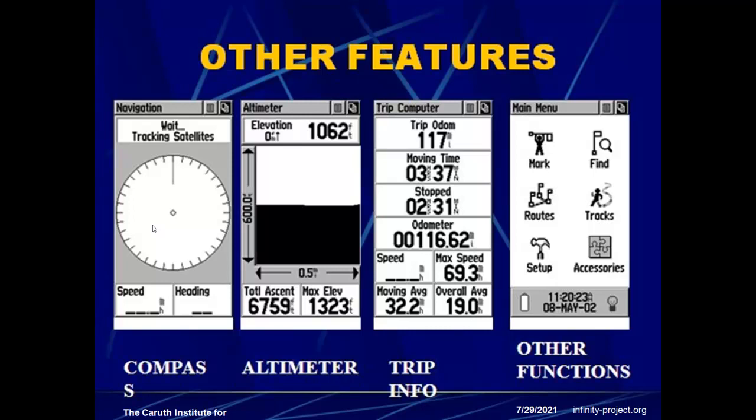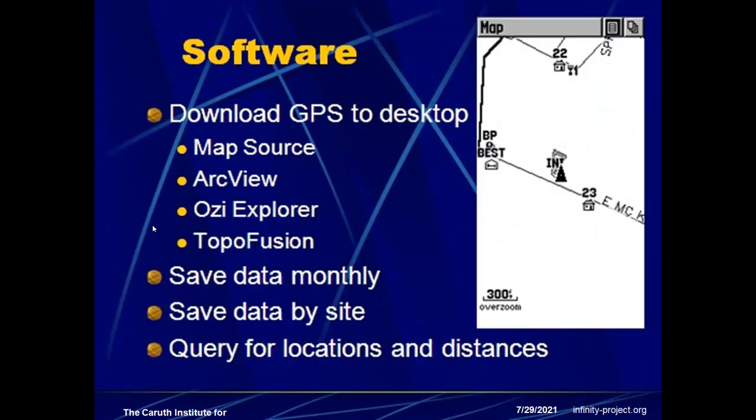Mark means we are going to mark the waypoints. When you identify a particular area, you give the lat long for that area, and then the navigation starts from your location to that location. The next one is the route, which means we feed in a number of locations and the route will be created. Tracks are for the odometer reading. That's it. The next one is the software.